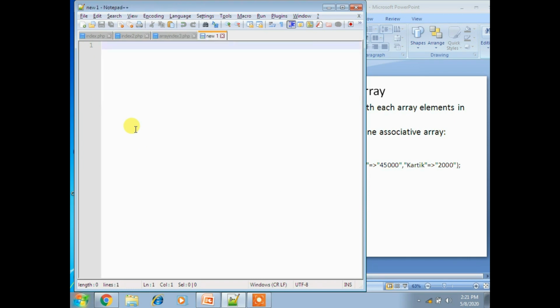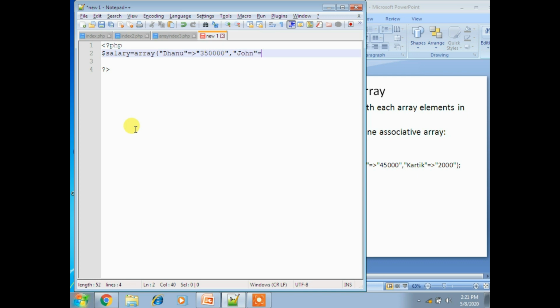Then I'll take a new notepad now. So the same thing, I am using PHP. So now for this I am taking one variable called salary equal to array of name, like I am using Danu. Okay, and I am using the implies symbol, and then I am placing 3,50,000. And now I am using another string, which is John.